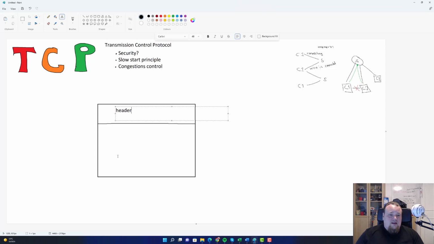So the header is like that, and then you have the payload there. That is typically how protocols are designed, and within the header, different kinds of information can be located. In the TCP protocol, you're gonna find stuff like the port. So there are ports, of course, here, and other kinds of things.